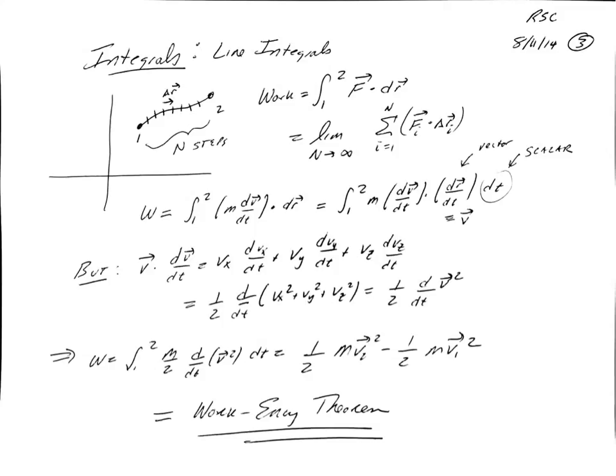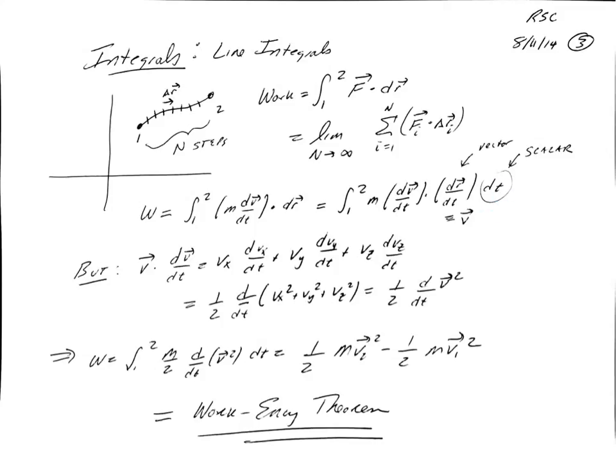The work is the integral from position 1 to 2 of the force, which is just ma, and I've chosen to write the acceleration a as dv dt dotted into dr. Well, dr, if I divide by a dt, I can write this as dr dt times dt. This is just taking a vector, this infinitesimal vector dr, dividing by the scalar dt and multiplying by that scalar dt. But now, this integral, which started out as a line integral, looks rather different. It's the integral of a scalar function. This scalar function is just m times dv dt times dr dt